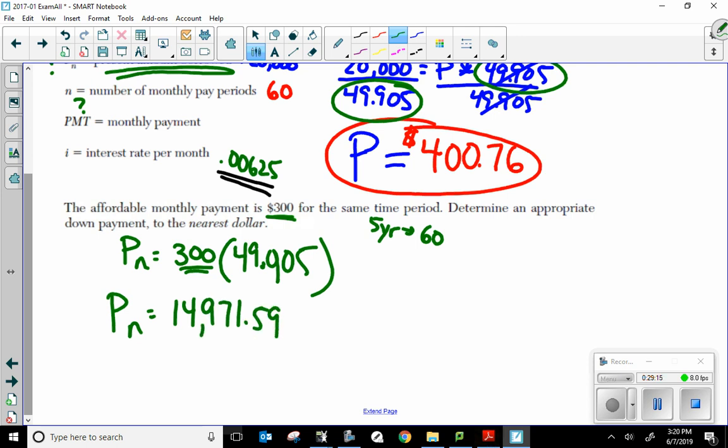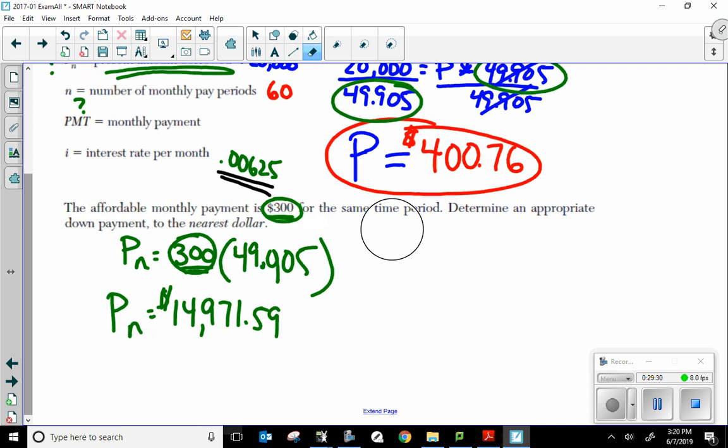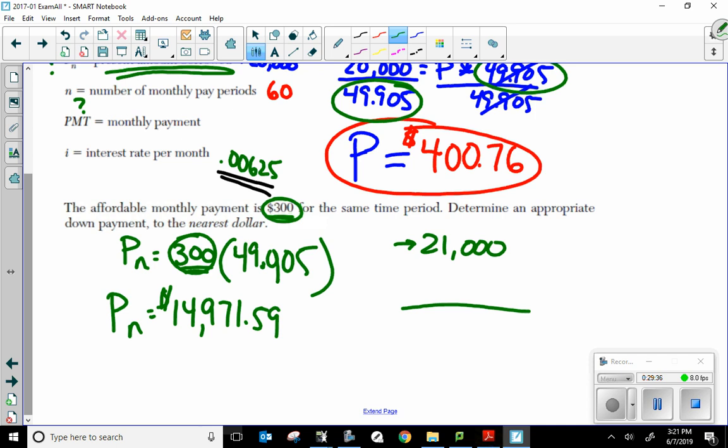$14,971.59. This is how much I would need to borrow to make this $300 payment happen. That doesn't tell me what my down payment needs to be. This helps me figure out the down payment. What does that mean? That means if the car initially cost $21,000, well, I don't want to borrow $21,000. I don't even want to borrow $20,000. I want to borrow, okay,